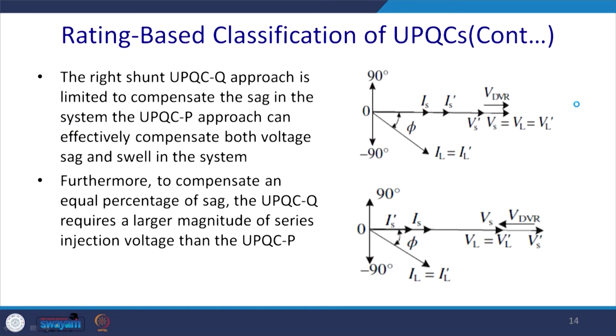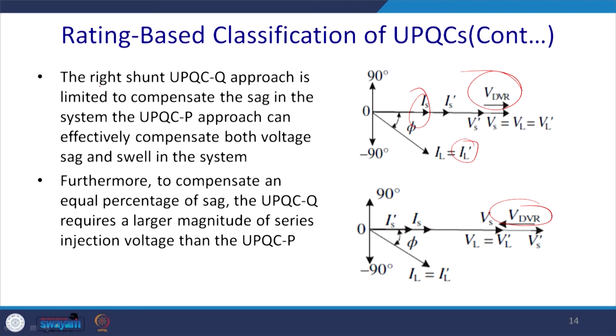So, this is the current based, previously it was voltage based, it was I, and now what happened, you inject Vs equal to VL plus VL prime, and this is the DVR voltage in phase with the current, and ultimately IL will be in the same phase because you are just increasing the magnitude of the voltage. Same way, previously you can inject the DVR voltage 180 degrees phase shifted, and thus it will come down, but the phase and current will remain the same.